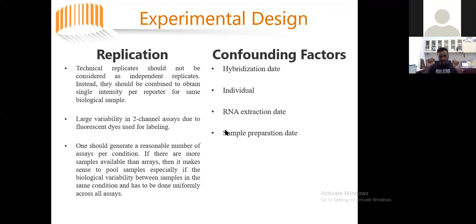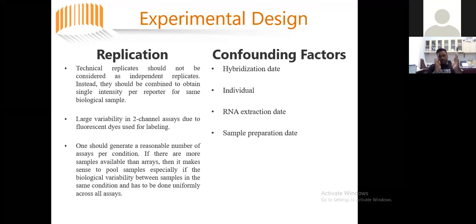The experimental design consists of two major things which need to be accounted for before performing the microarray experiment. First is the replication. The technical replicates, which are the replicates of a single biological sample, should be present as much as possible, because they will give more reliable results at the end.